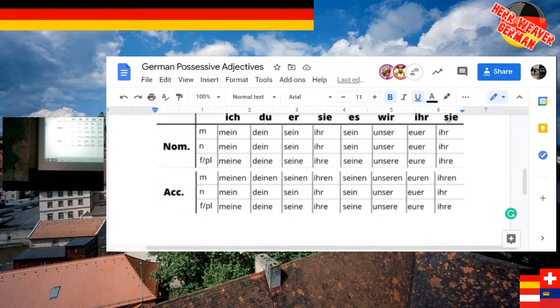No. Is Stiefmutter feminine or masculine? So what are we going to add here? E, right? So there are only two possibilities in nominative, either no ending or an E ending. If you look at the nominative, this whole row has no ending, but the feminine and plural have E endings.